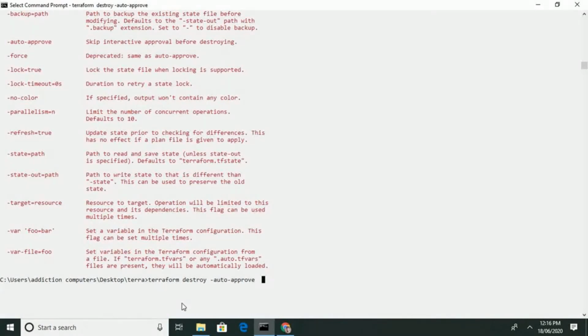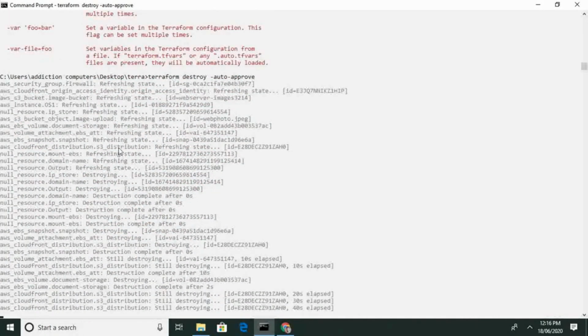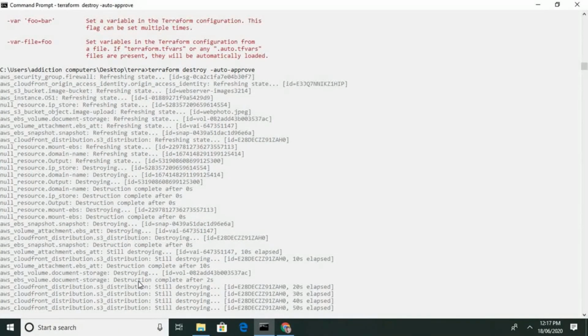So it's making a connection with AWS, and we're going to destroy. You can see that it has started. You can see destroying. So it's destroying the complete infrastructure step by step.